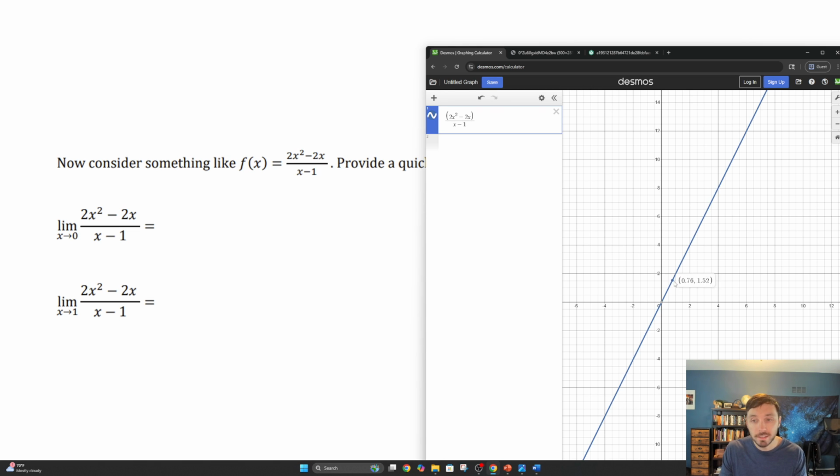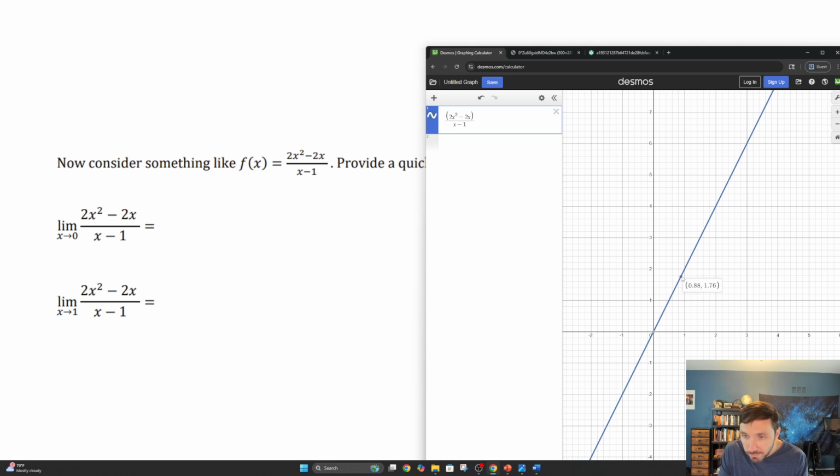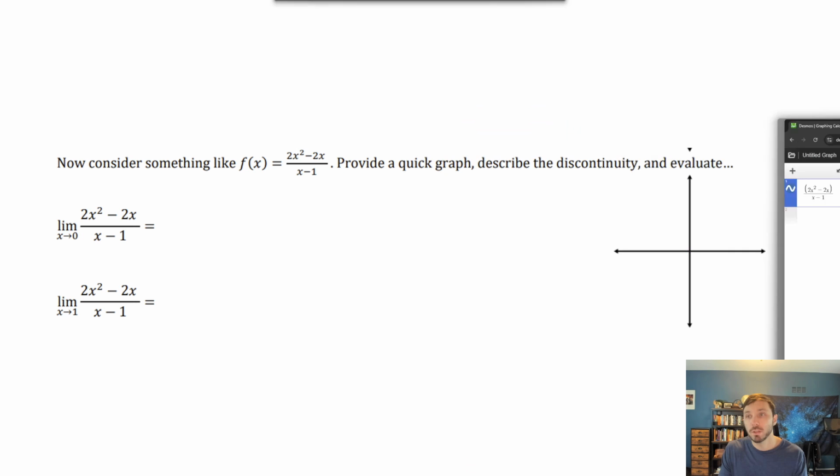However, you can observe that coming in from the left and coming in from the right, we get really close to, I don't know, what is that value? 1.94, 1.96, 1.99, and then undefined. And then coming in from the right, same story, just above 2. So, using that intuition,